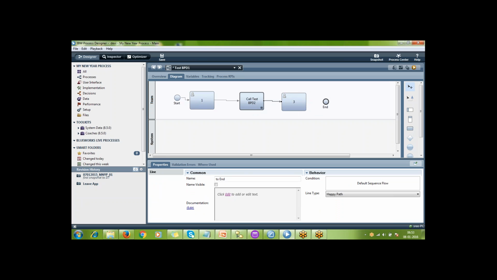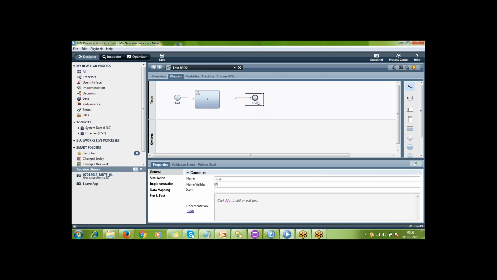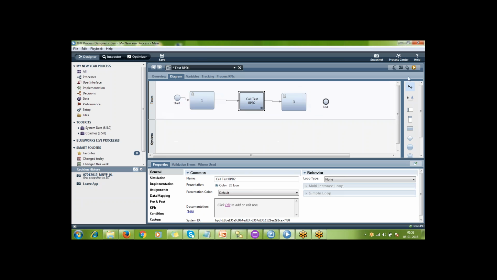It calls test BPD2, ends test BPD2, and after that it ends at test BPD1. Let me run this again so you understand more clearly. Your process will end in the first BPD.